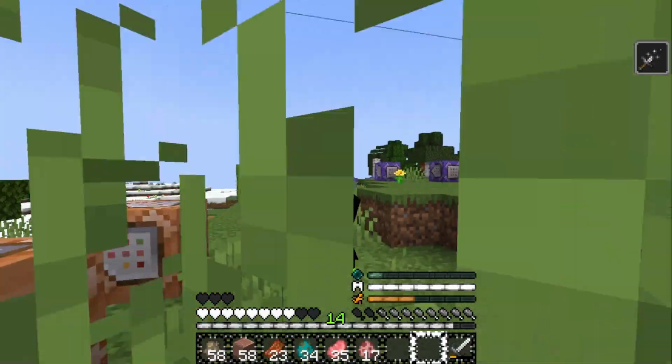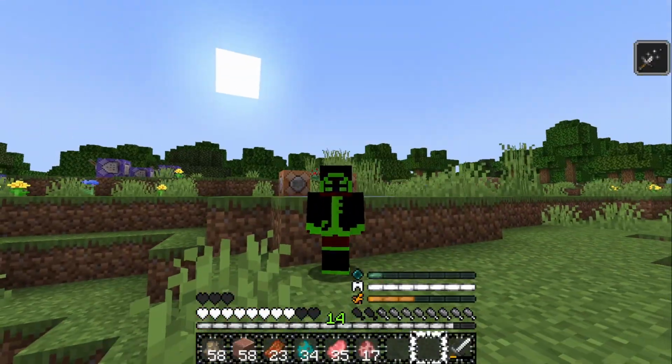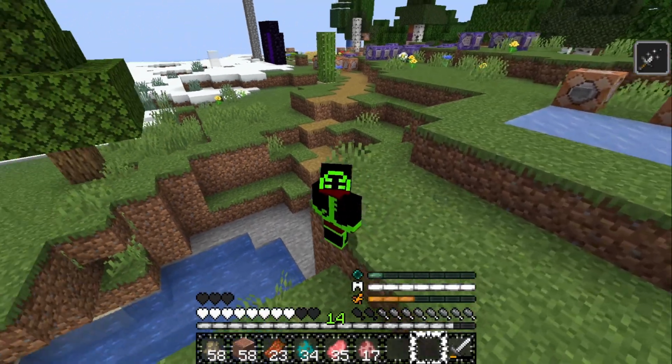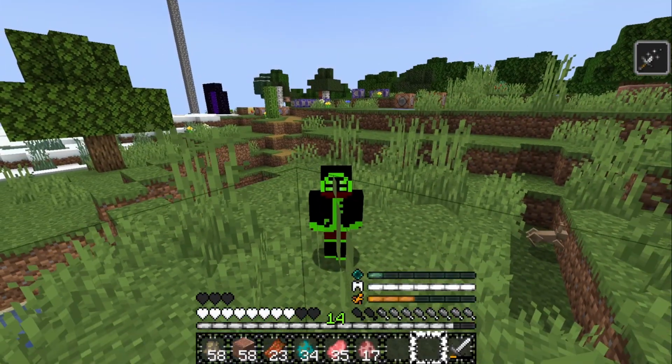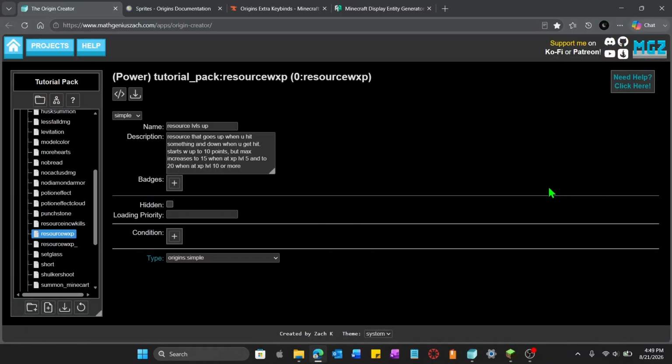Now, if you're going to use this for a power, you'd probably want to make whatever power you have use up 1 charge of the resource by making the usage of that power modify the resource by subtracting 1 or something like that. The next power I'm going to show you how to make is, once again, not really a full power, but more of how to make a resource bar that increases in its total value that it can reach